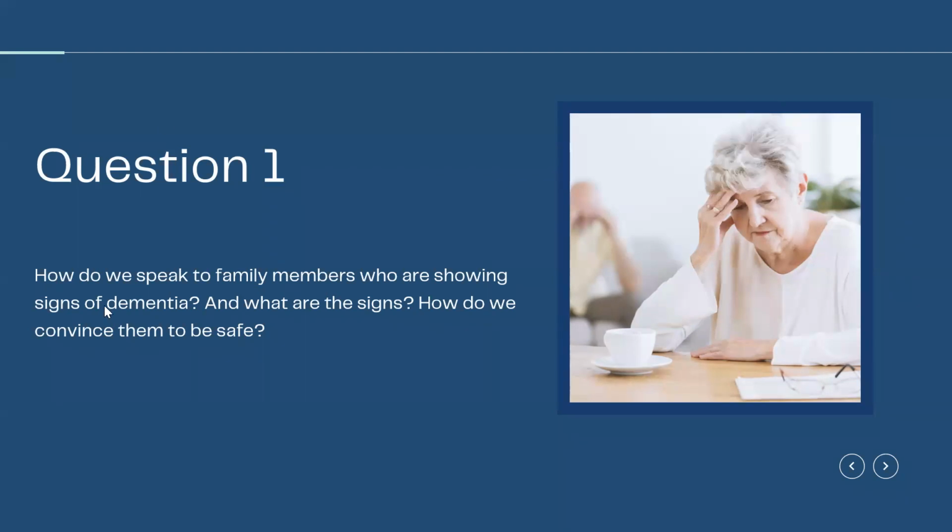Absolutely. And I think it's important to preserve your relationship with the person that you're concerned about. Because if it's a parent, you want to preserve your relationship. And if you can outsource some of the caregiving, if possible, put some of the burden on the provider, I think it's important to preserve your relationship.